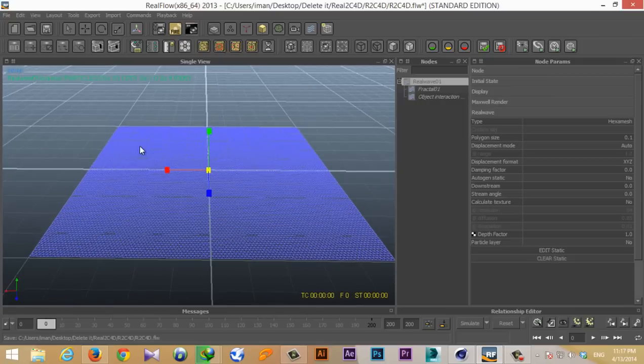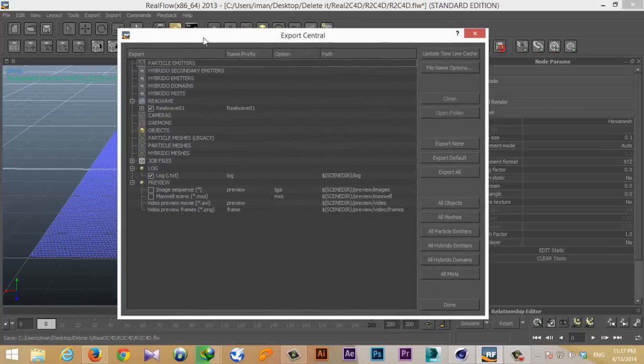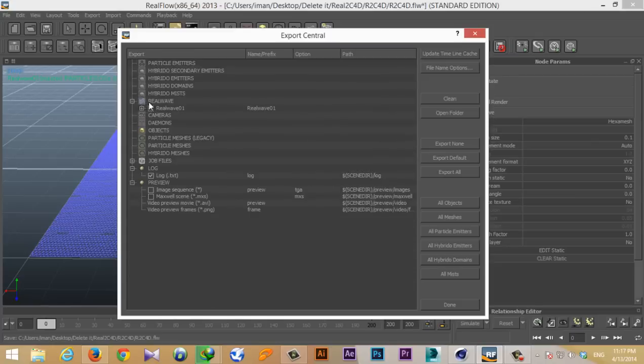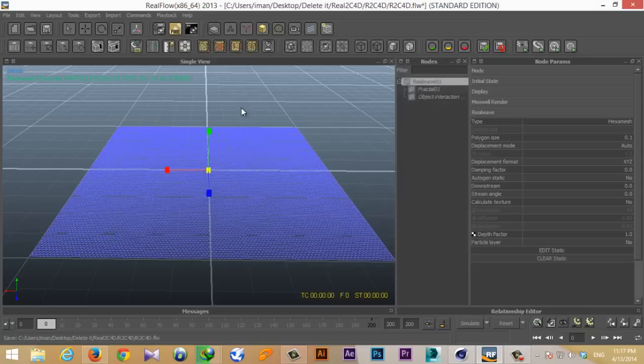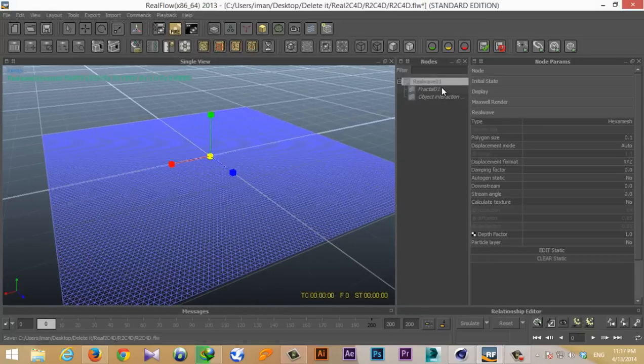so before you do anything, hit F12, which opens up the export general of RealFlow. Just go to your RealWave options down here, go to RealWave, and make sure this surface deformation .st file is checked. I'm gonna uncheck this surface cache, and this is what we want from our RealWave, and this is for now. Just close the thing,